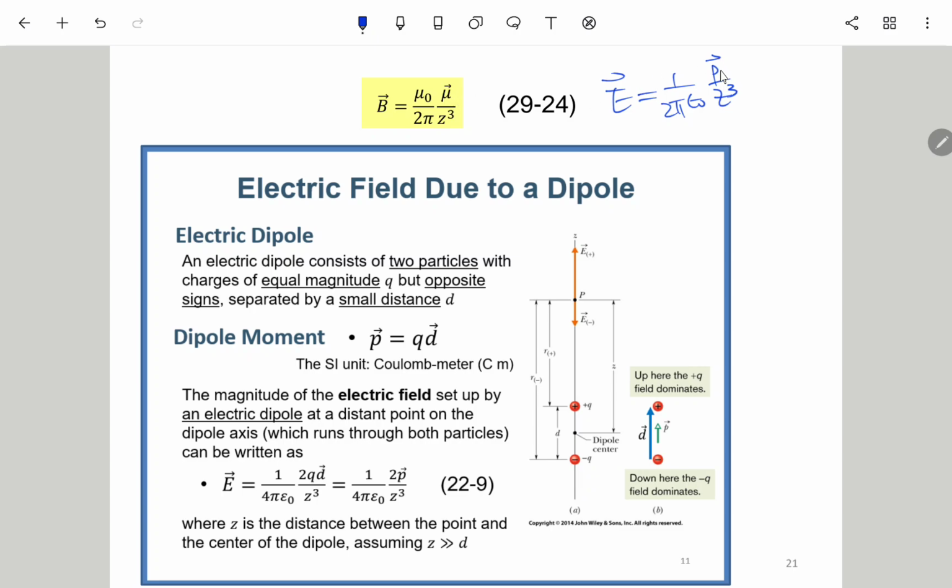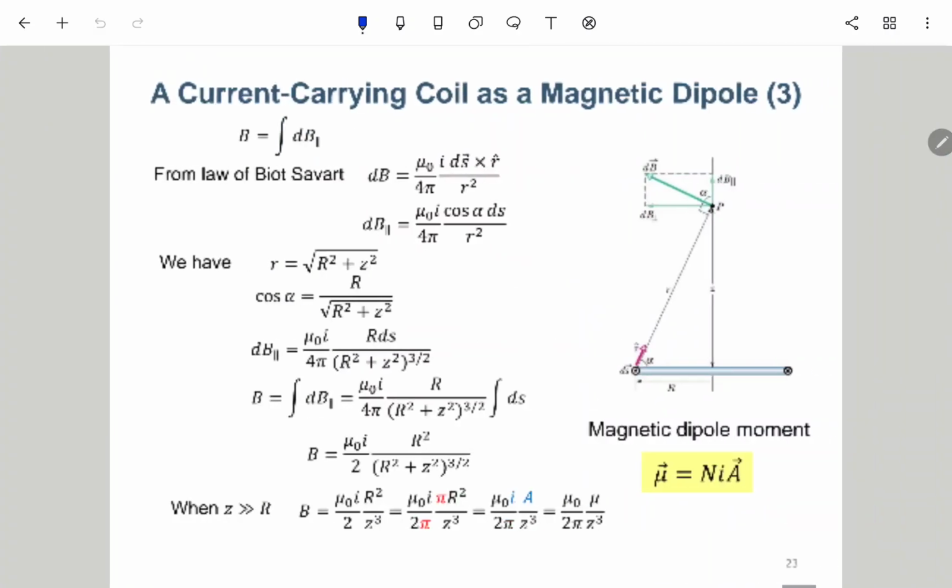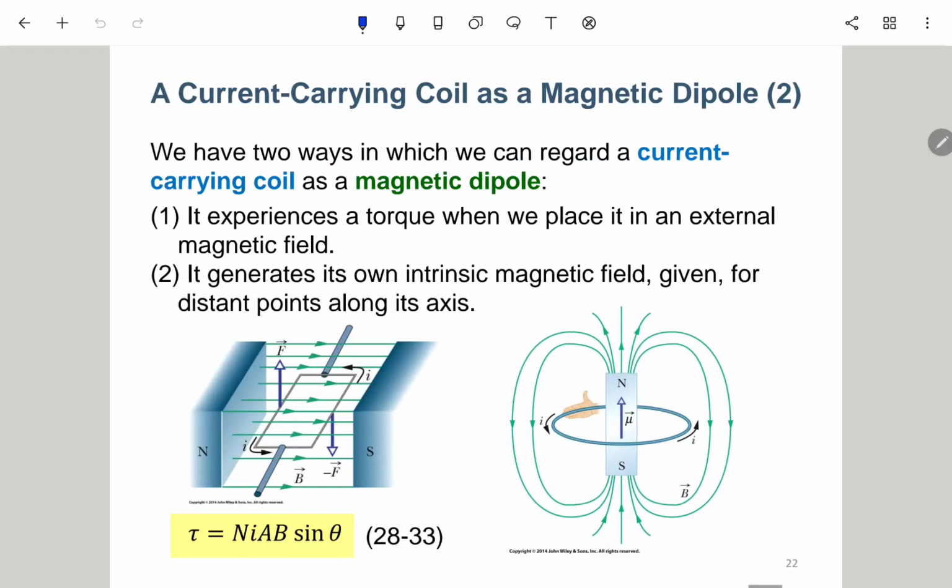This is the electric dipole moment. Okay, we change epsilon naught to 1 over mu naught, so this 1 over mu naught in the denominator goes to the numerator. So these two have a duality, 就是那个二象性嘛，又或者是对称的。